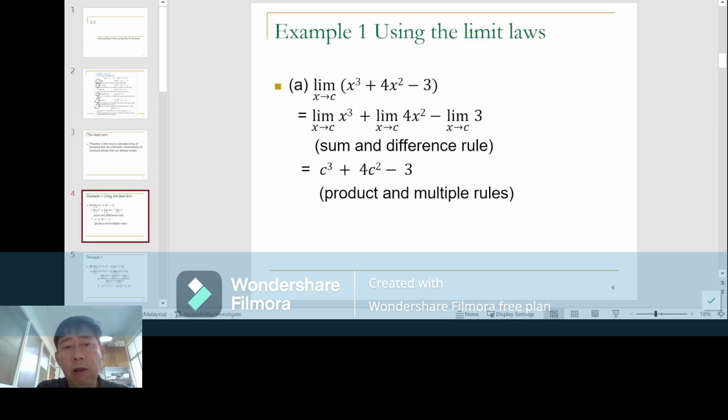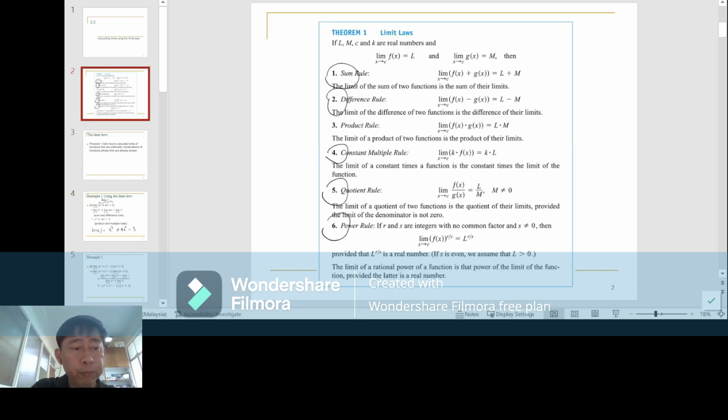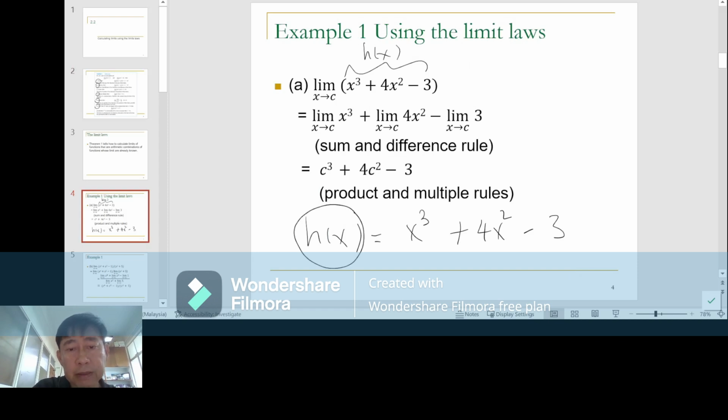Say you have a function x cubed plus 4x minus 3. This is the function called h. So you can consider h(x) to be the sum of the first function x to the power 3, added to another function, minus another function. So h(x) is a sum of 3 different functions. So according to the sum rule, the limit of this function h is just the limit